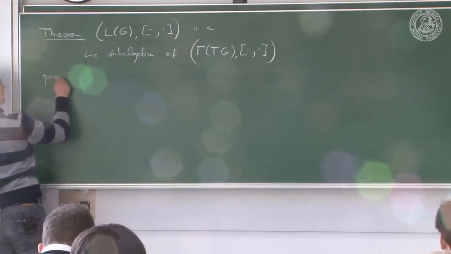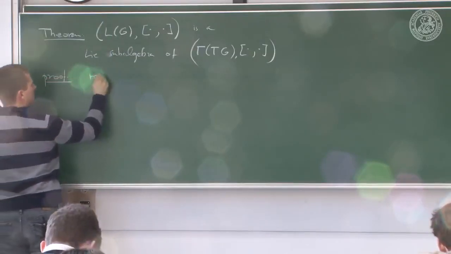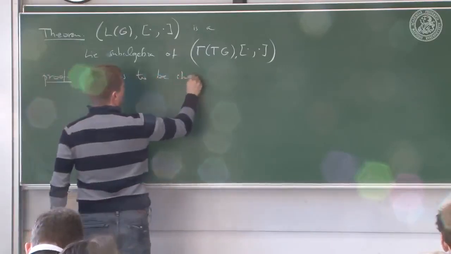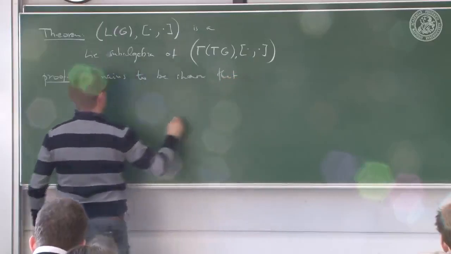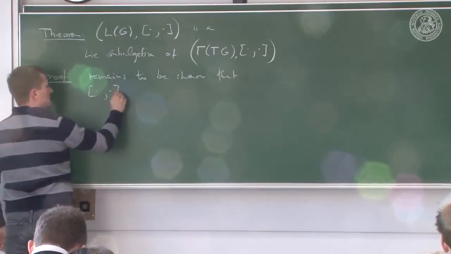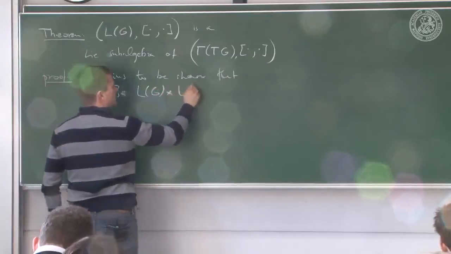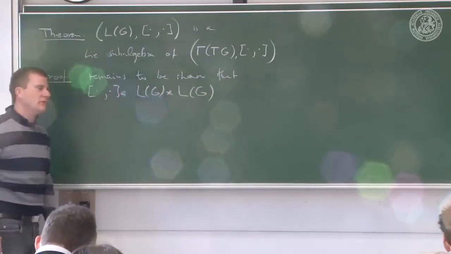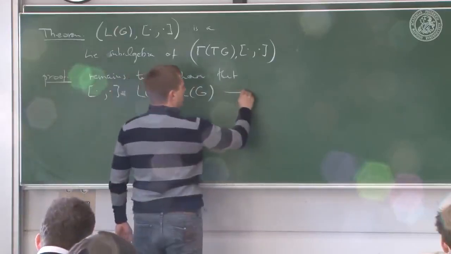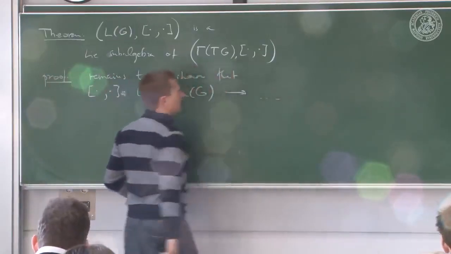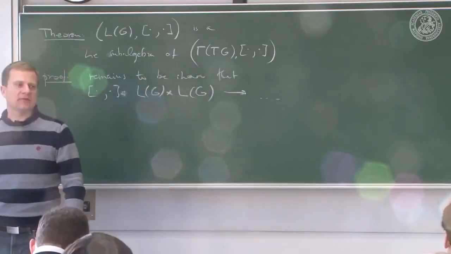So proof: it remains to be shown that if you take the bracket of vector fields, but you feed into the bracket two left invariant vector fields, it remains to be shown